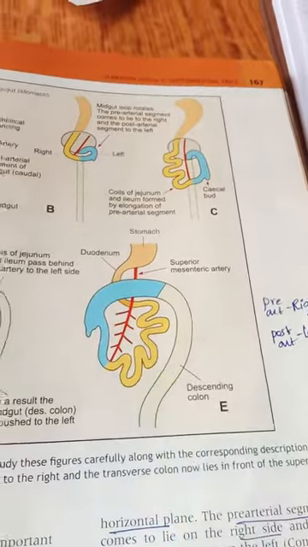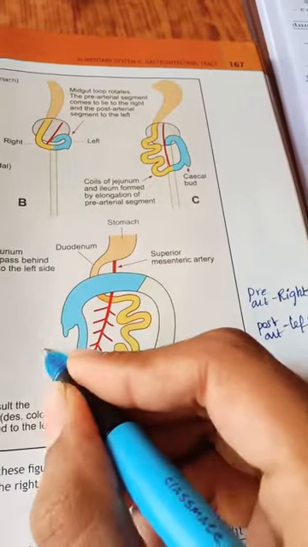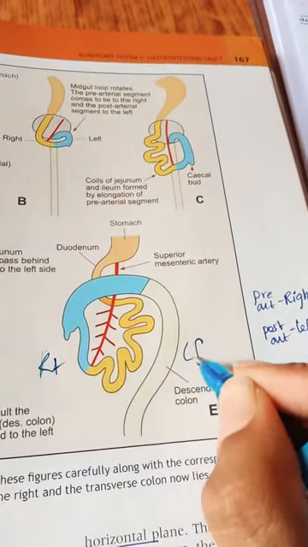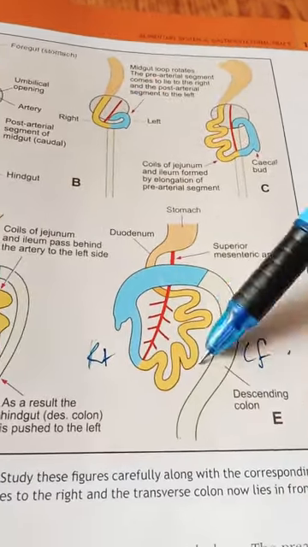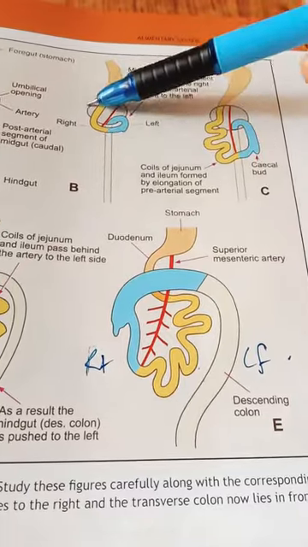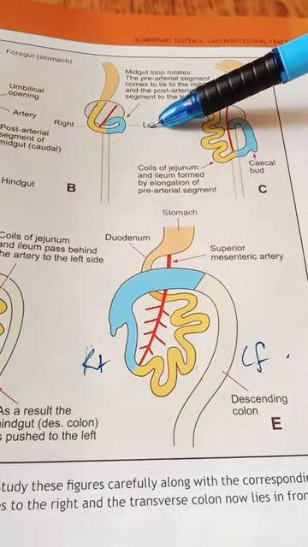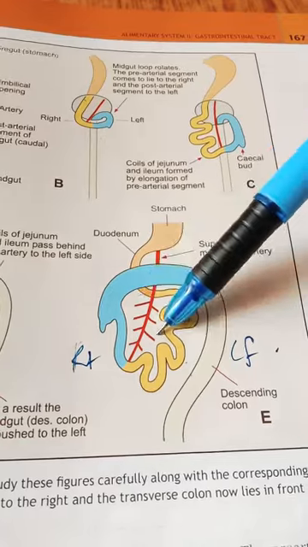This is important, so you can write it for clarity. So this is right, this is left. Before right-left and after right-left, you can compare the colors. Before, right to left, you can see first yellow, next blue. So now this blue is towards this side and yellow is towards this side.